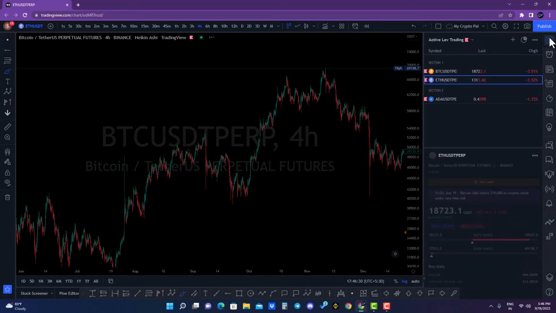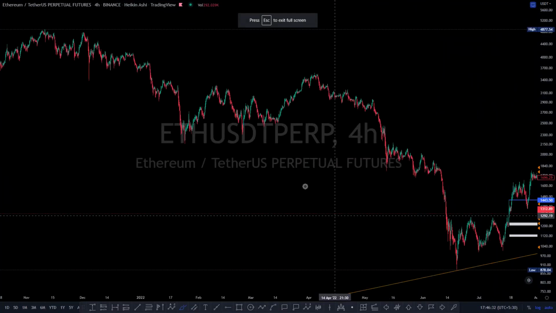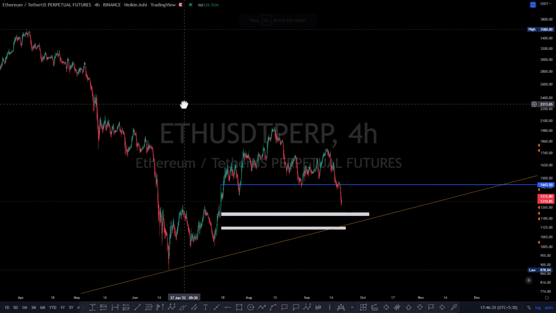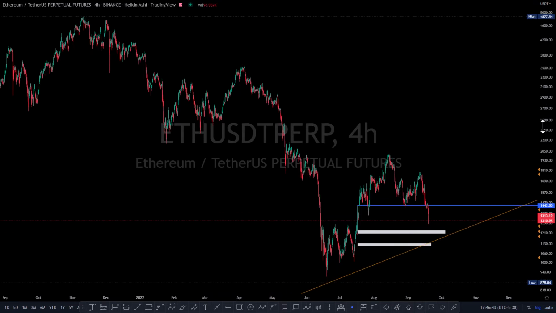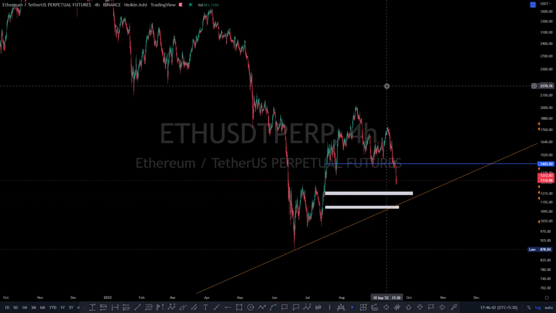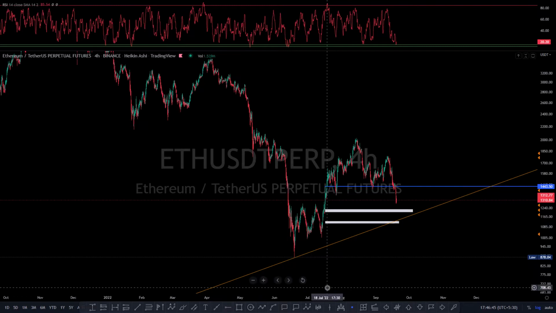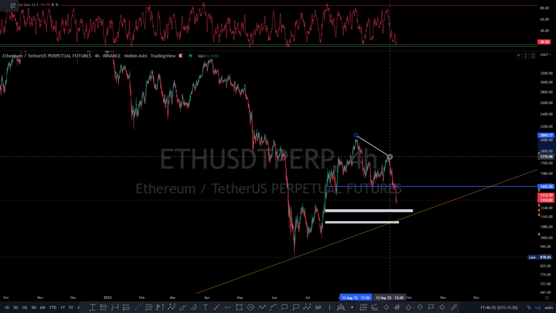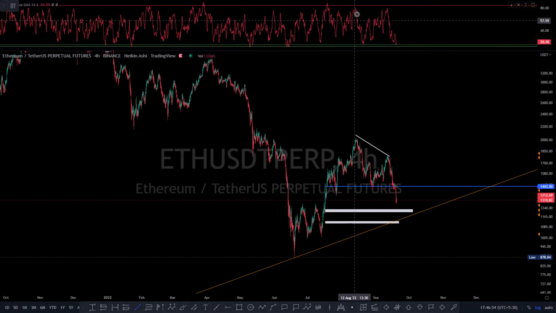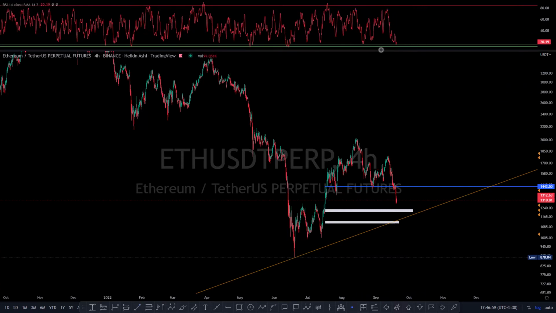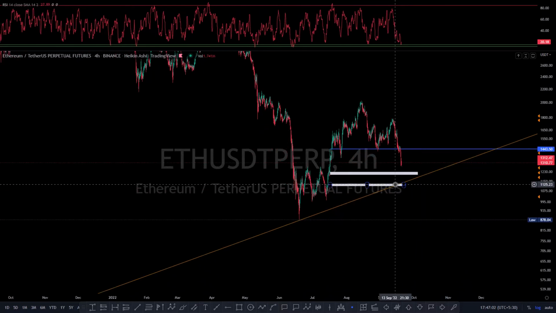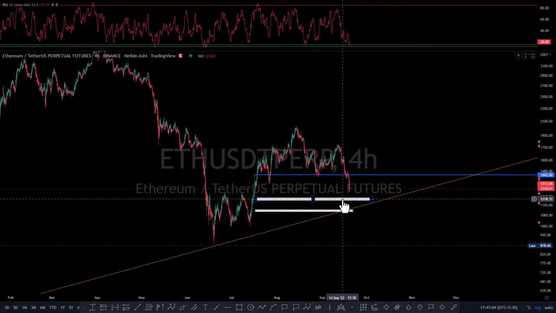So on BTC, let's move on to ETH, because I think that a lot of people are more confused about ETH, and I think that a lot of people hate ETH, that after the merge it has dropped down. Now I was telling you continuously that it will drop down after the merge. I do not know why it was a surprise for you, but you can see that on the 4-hour time frame, price was putting in significantly lower lows, and RSI was putting in equal highs. Okay, so this was the first sign of rejection for ETH, and you could have benefited a lot from it.